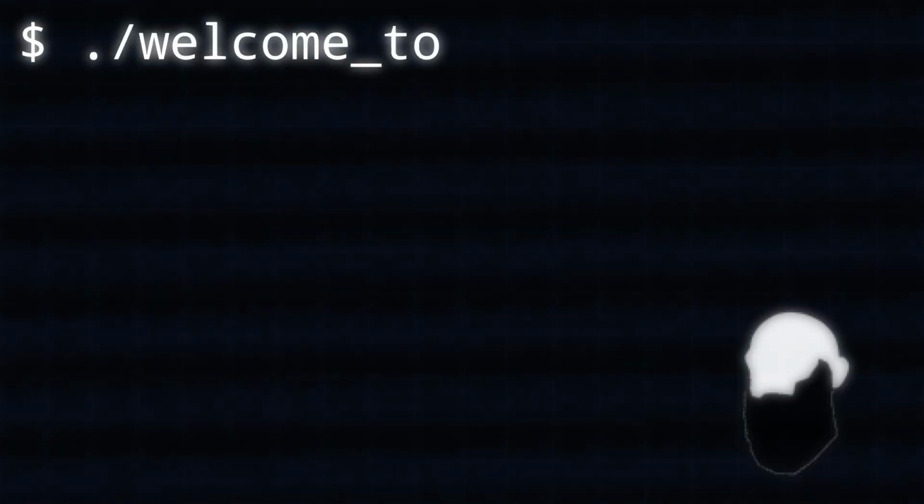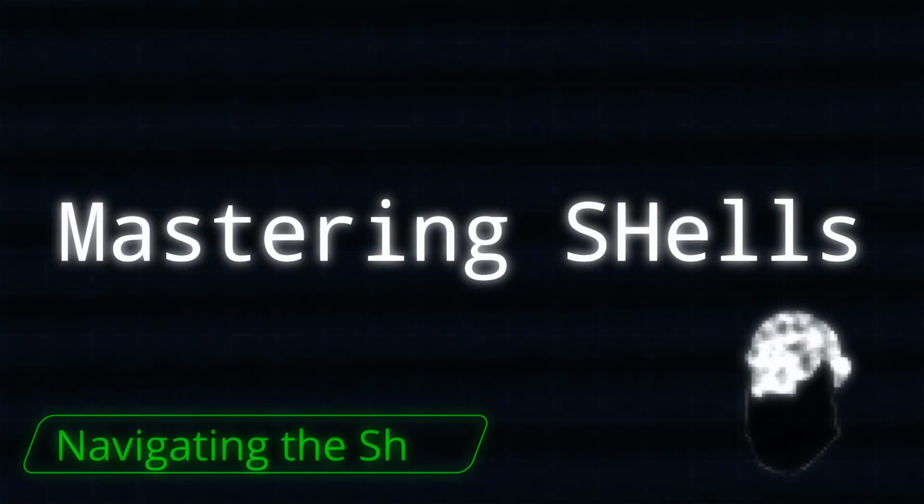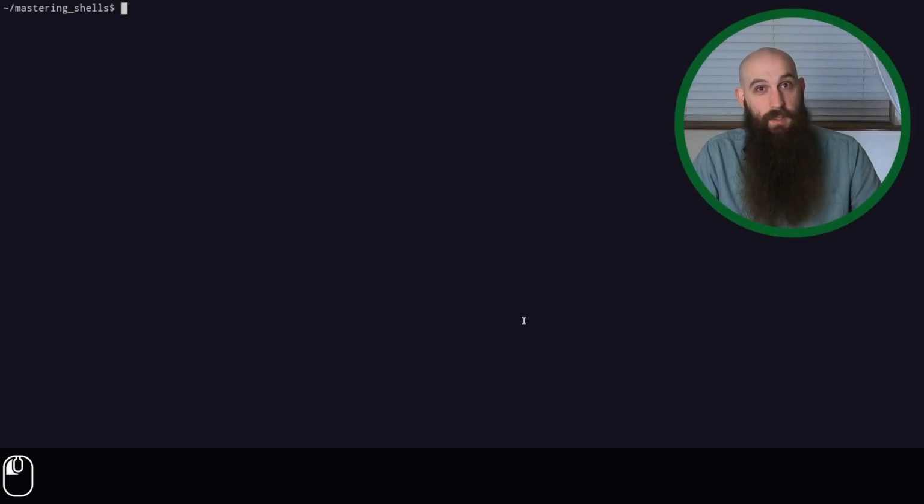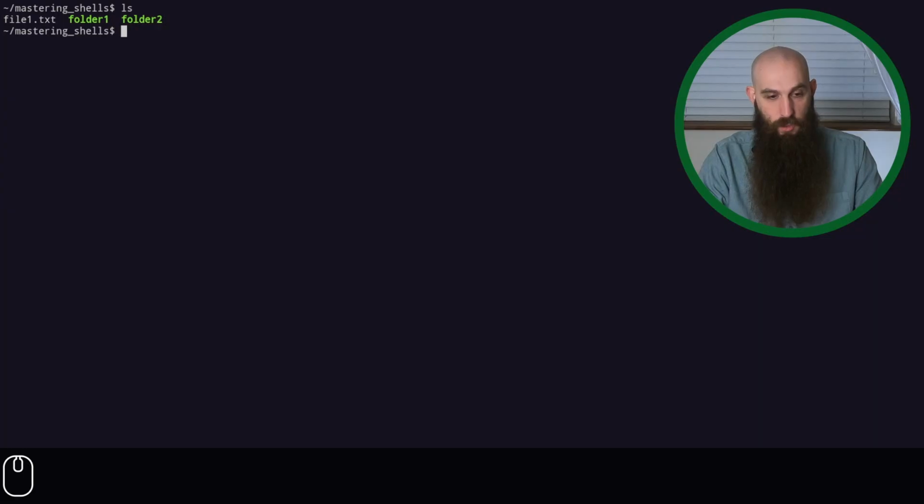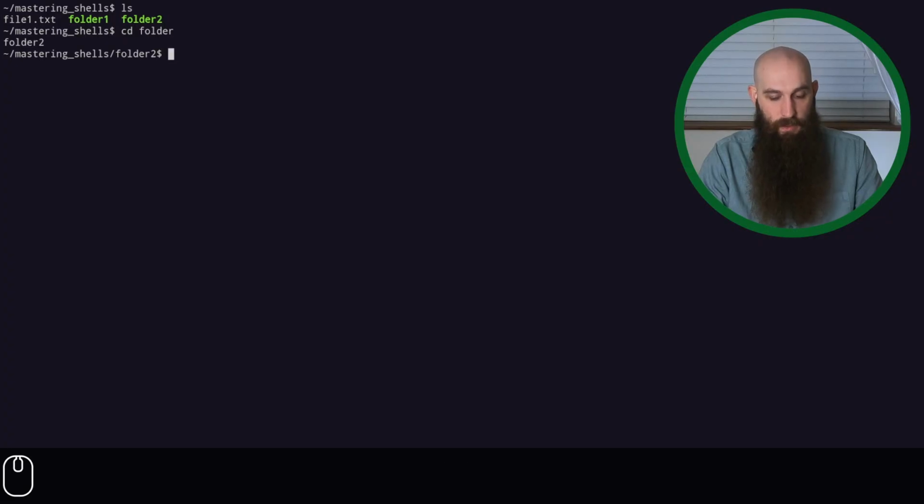We're talking about shells. Today we're going to start off with how to navigate in the shell. In particular, we want to talk about three different commands. We're going to talk about a command called ls, list, and what it can do. We're going to talk about a command called cd, change directory, and what it can do. And we want to talk about a command called pwd,